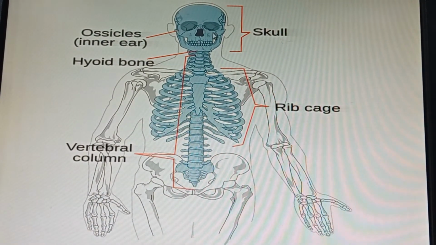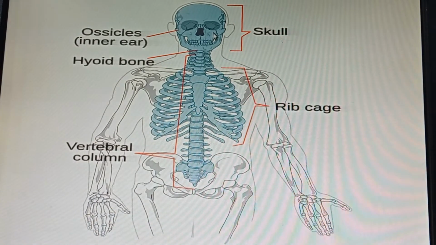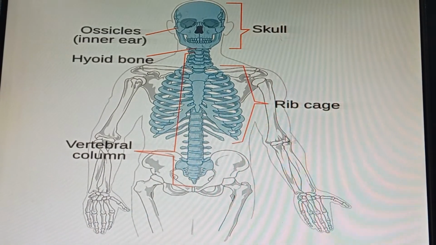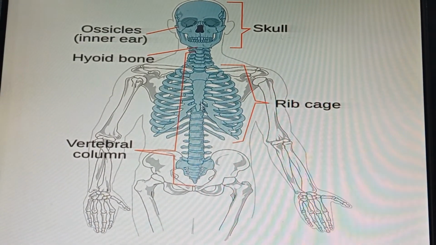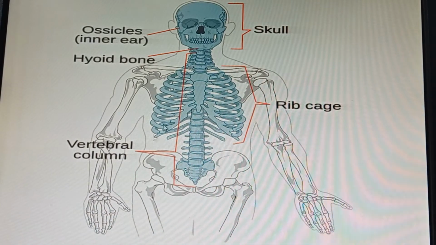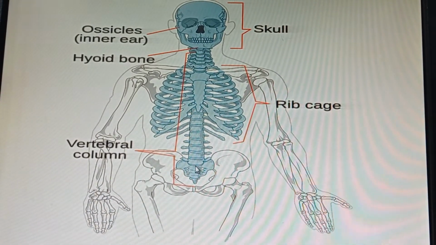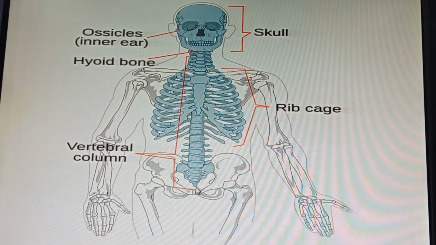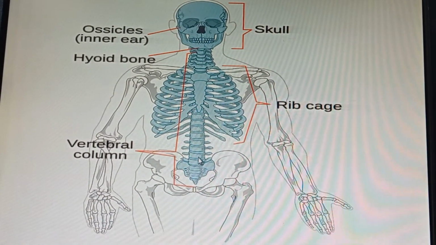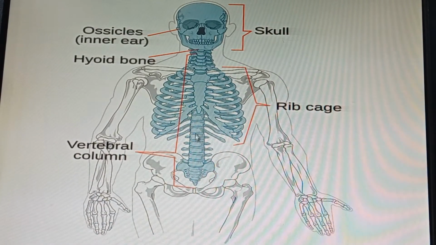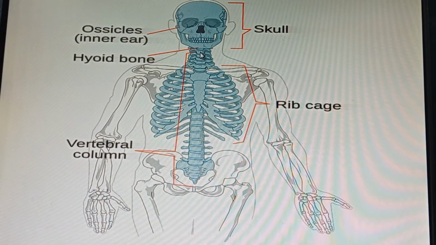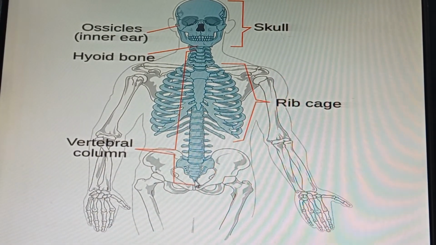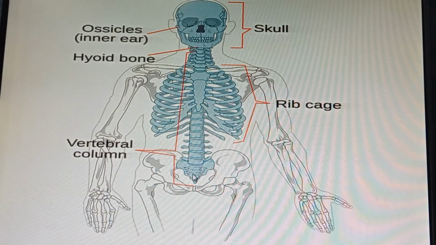This is head. First part of the axial skeleton also includes hyoid bone and ossicles. Rib cage includes 12 pairs of ribs and sternum. Vertebral column from neck till pelvic girdle includes two bones also. This is sacrum and this is coccyx. These are the vertebrae, total from pelvic girdle to neck. They are total 24 plus two bones. Sacrum and coccyx form the posterior side of the pelvic girdle.